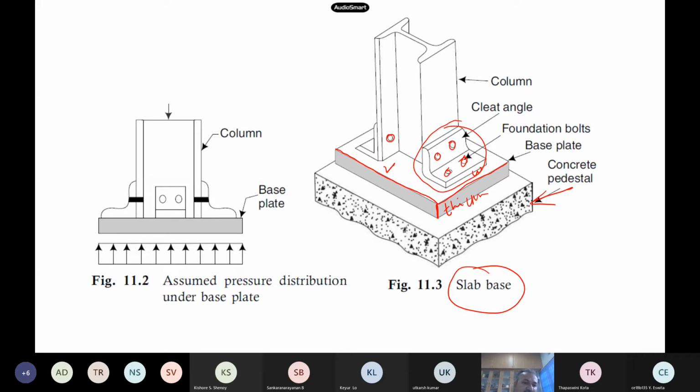The same thing, if you see like this, this is the column, the load is applied here. This is where we have bolted. Here also sometimes we do bolting, 1 bolt here, 1 bolt here also. That also is generally provided. And now you see the load, the pressure distribution. The load pressure which comes from the concrete, the bearing pressure or whatever, is acting like this on the plate. Because of this load, you have bearing pressure coming on my base plate. So this we have to design, the length, width and thickness of my base plate. How much I should take.